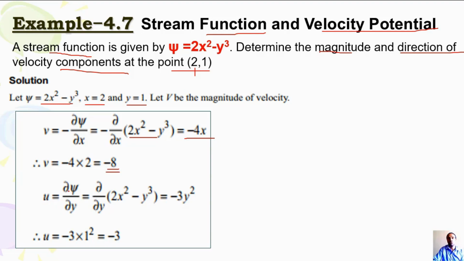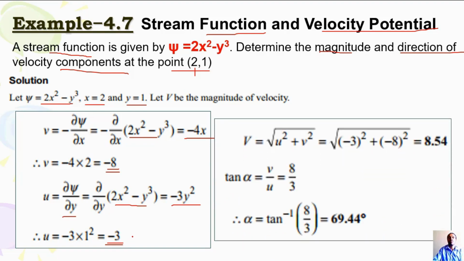So let u be equal to partial psi with respect to y. Then you substitute with the same approach with respect to y, giving negative 3y squared. You simply substitute the y value, then you get u. So this is u, negative 3 meters per second, and v, negative 8 meters per second. So the magnitude will be the square root of u squared plus v squared, and tan alpha will be v over u, which is this result. Then you can get alpha, this angle,